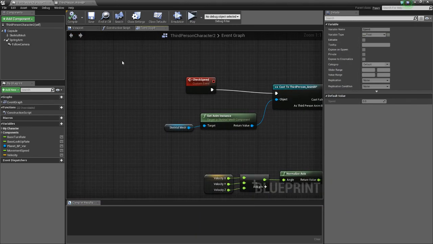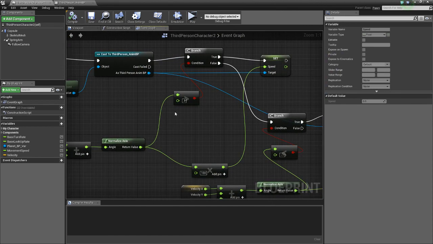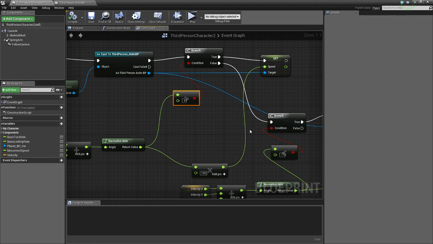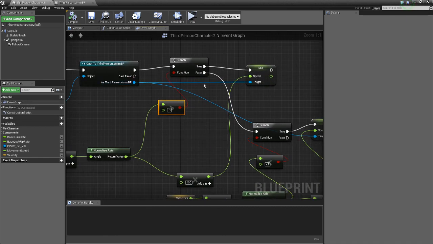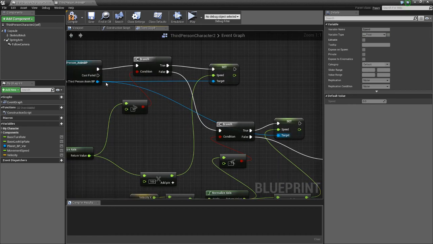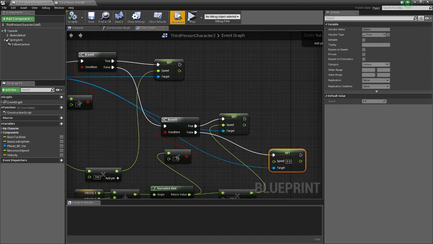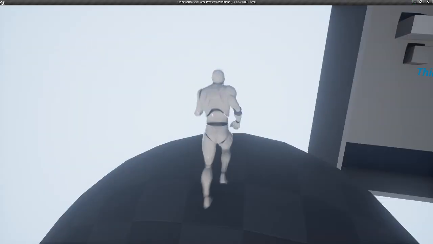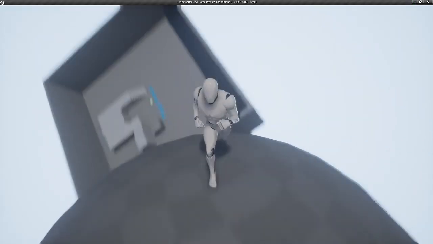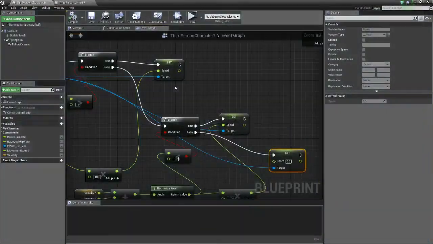Okay, and we want to set speed to 0. Those are false, right? Okay, so now